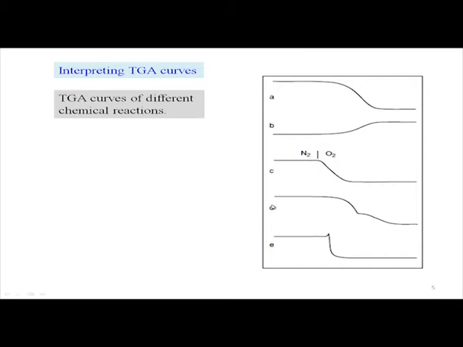D is a little more complex one, where we have an immediate, very sharp decrease, then suddenly a flat range, that means a horizontal line, then again another decrease. And the last one, the E curve, has a kink, that means a very brief gain in weight, then a very sharp and steep decrease, like a typical staircase type of plot for this particular case.